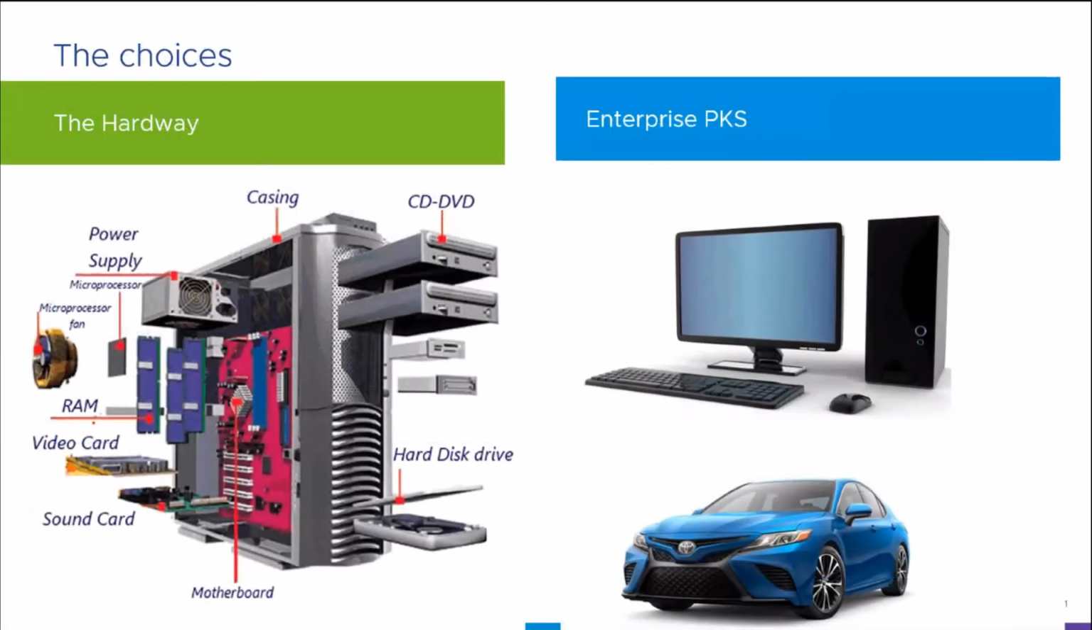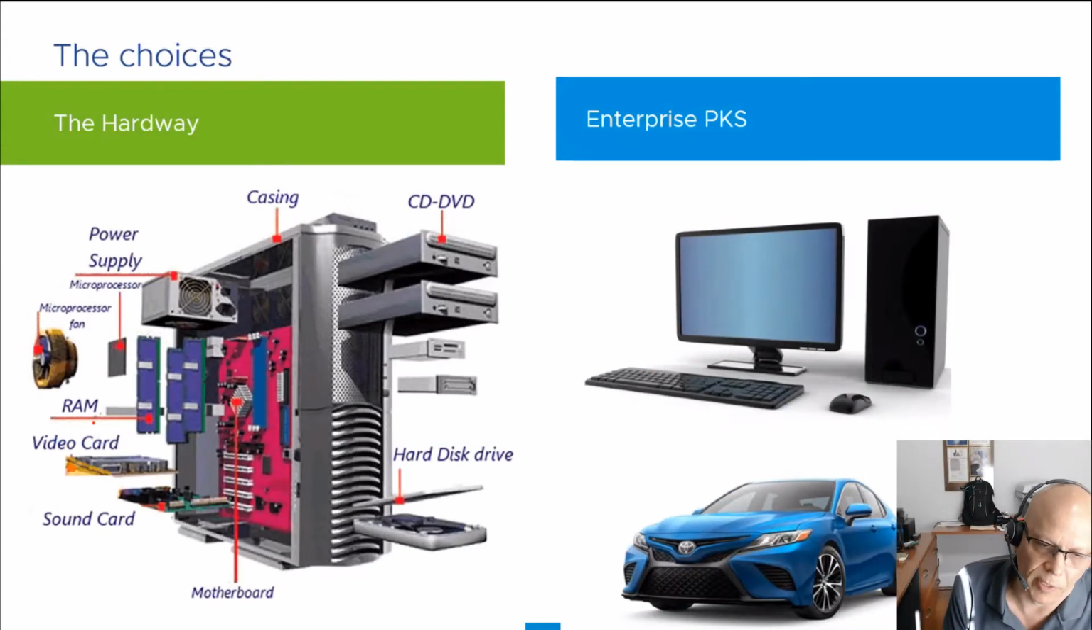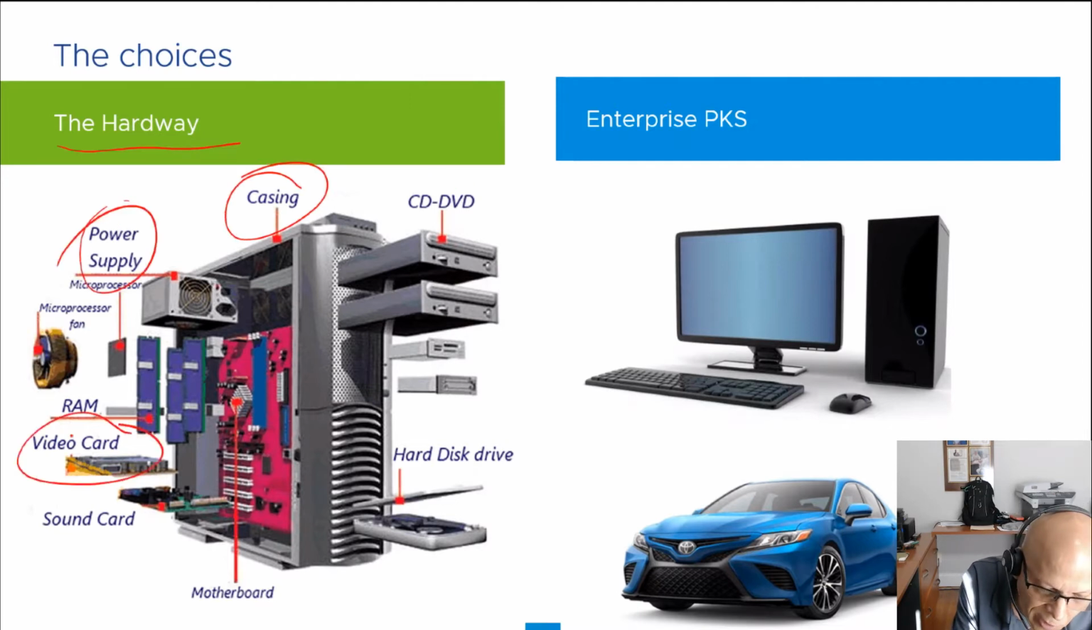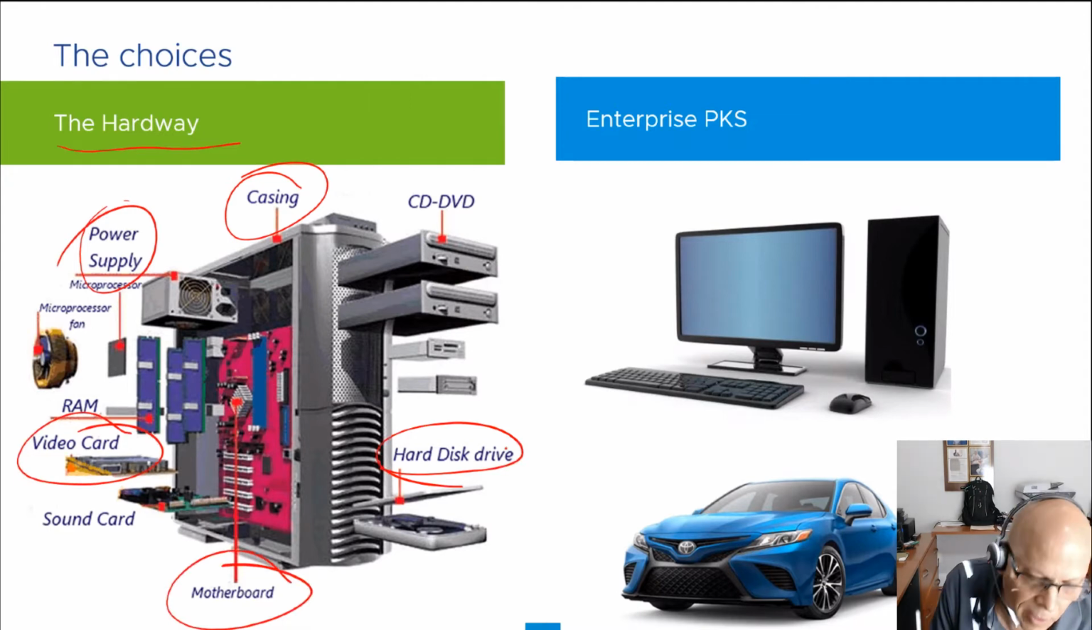So to summarize, here's kind of your choices. You could build Kubernetes what we'll refer to as the hard way. The hard way is kind of like building your own PC. You're going to have to choose your own case, your own power supply, your own video card, your own motherboard, your own hard disk. And you're going to say, okay, does all this stuff work together? Does it all integrate well? How do I manage all of it? Or